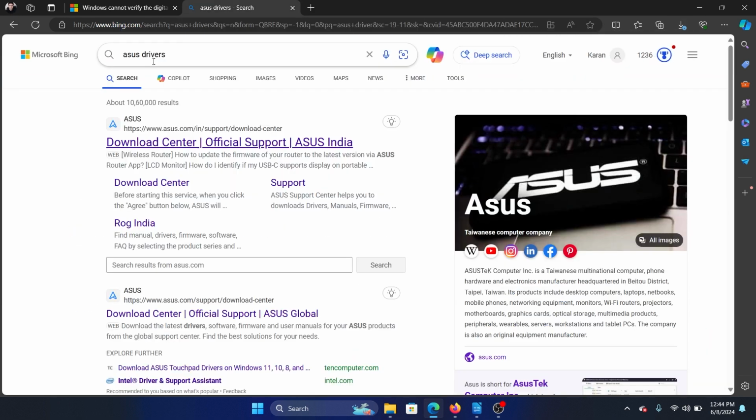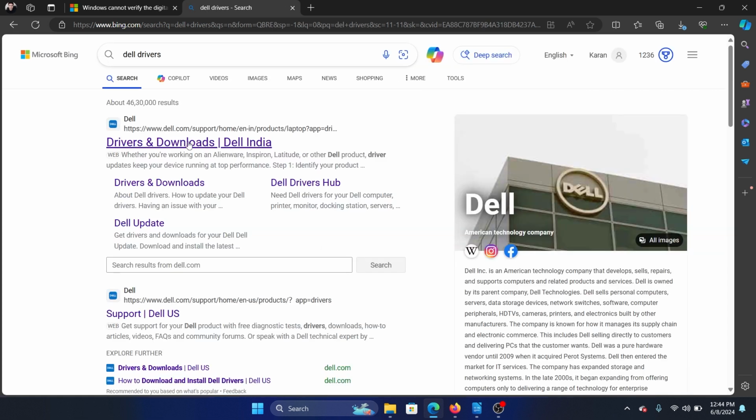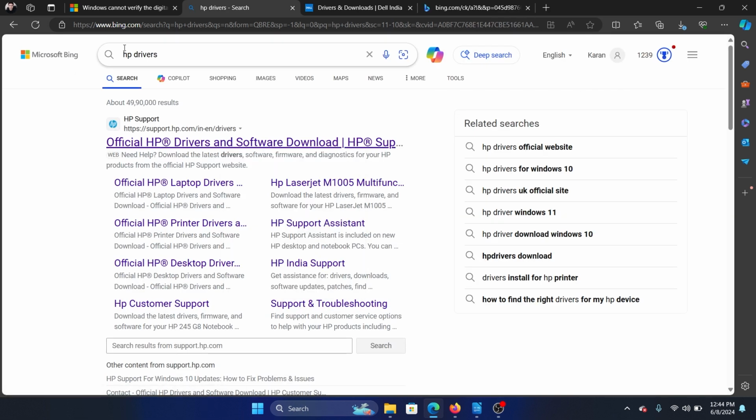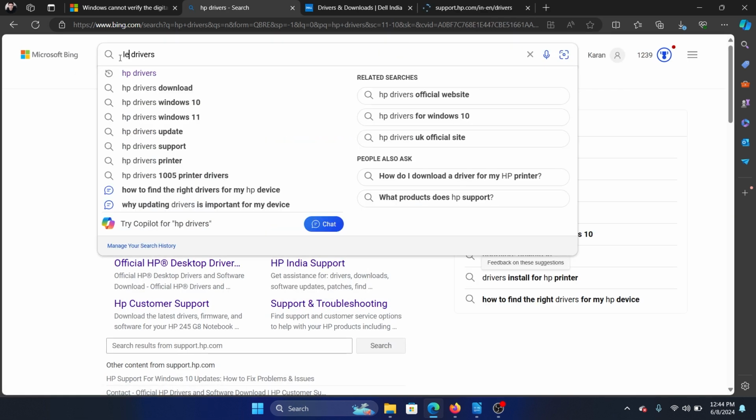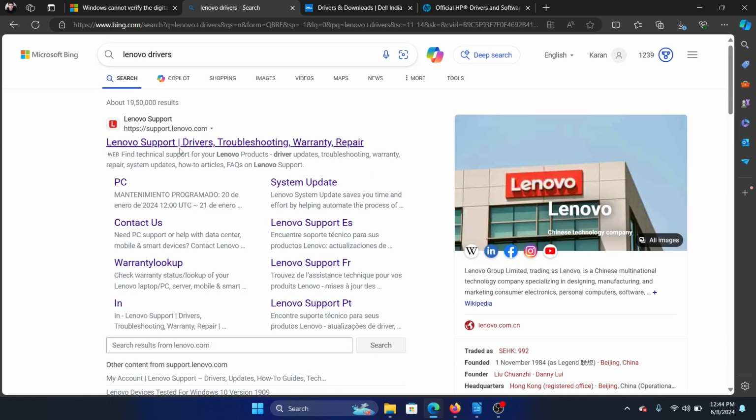The case for others is, all you need to do is search for Dell drivers, and you can open Dell drivers or HP drivers or Lenovo drivers. I'll show you for each and every one of them. Okay, go to support.lenovo.com